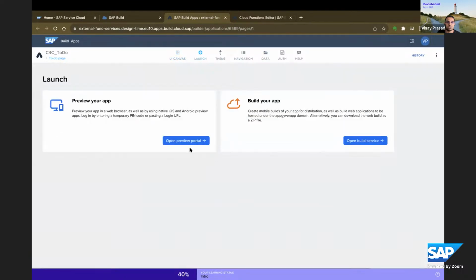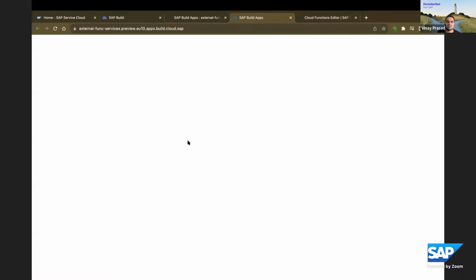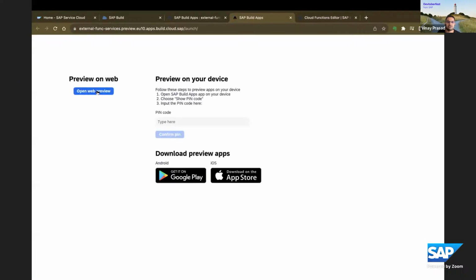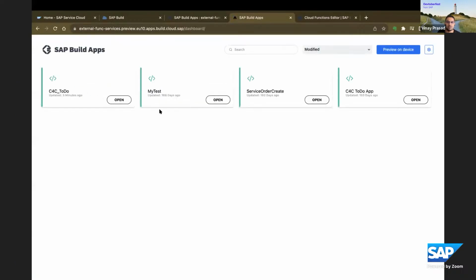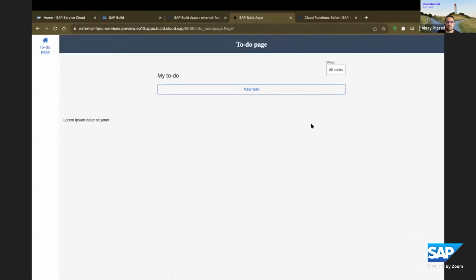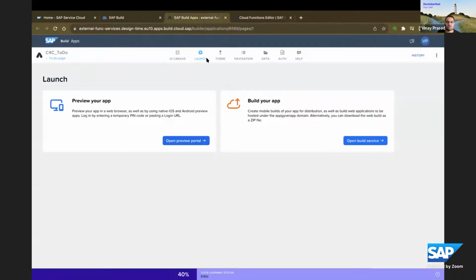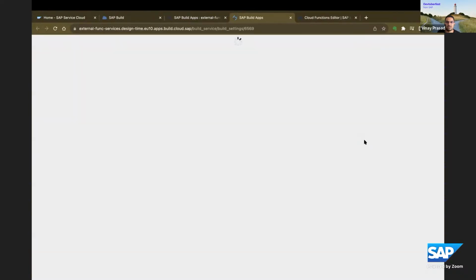So once this kind of application is developed, this is what I was mentioning. You can go to launch. You can preview the application just so that you are satisfied with whatever you have developed, and that it is looking exactly as you have intended. So you can take a quick preview of your app, and then once preview is done, you can go to your build service,